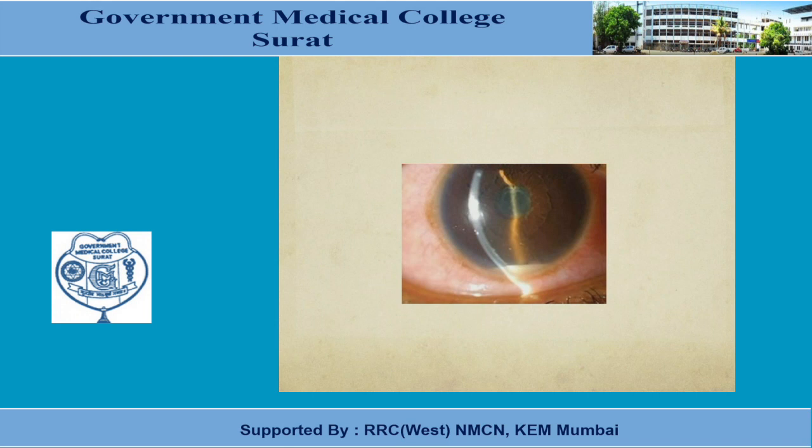Can anybody tell me what I am showing? What is this? Hypopyon. This is a corneal slit. And something inside the pupil you can see? Some yellowish material. It's not a black pupil, isn't it? There is some inflammatory material inside the pupil. Okay? Can you appreciate that? Yes or no? You do. Next.